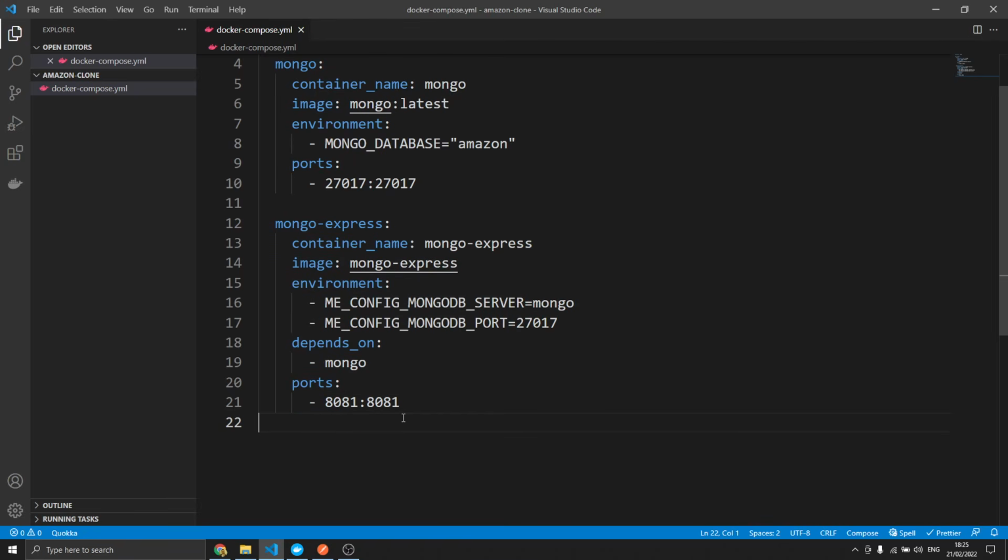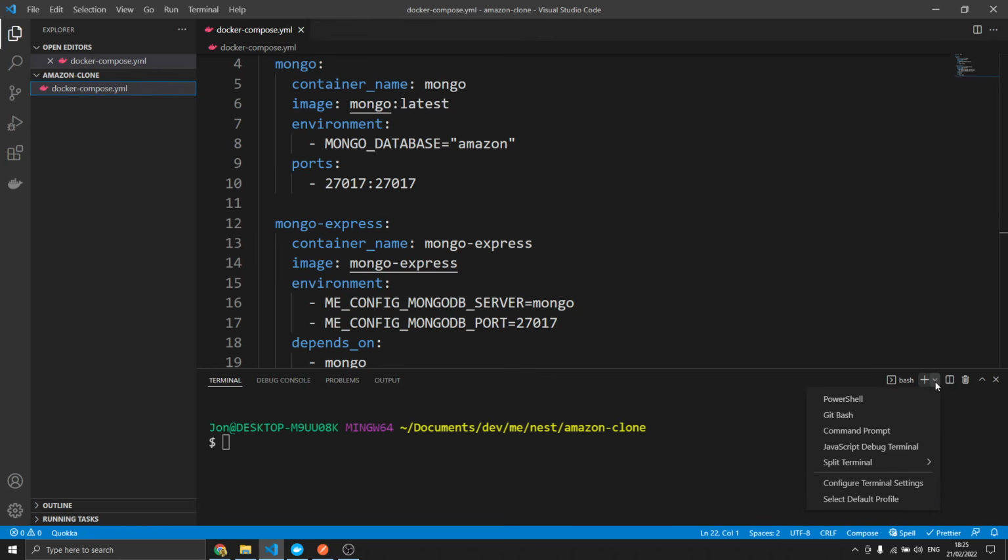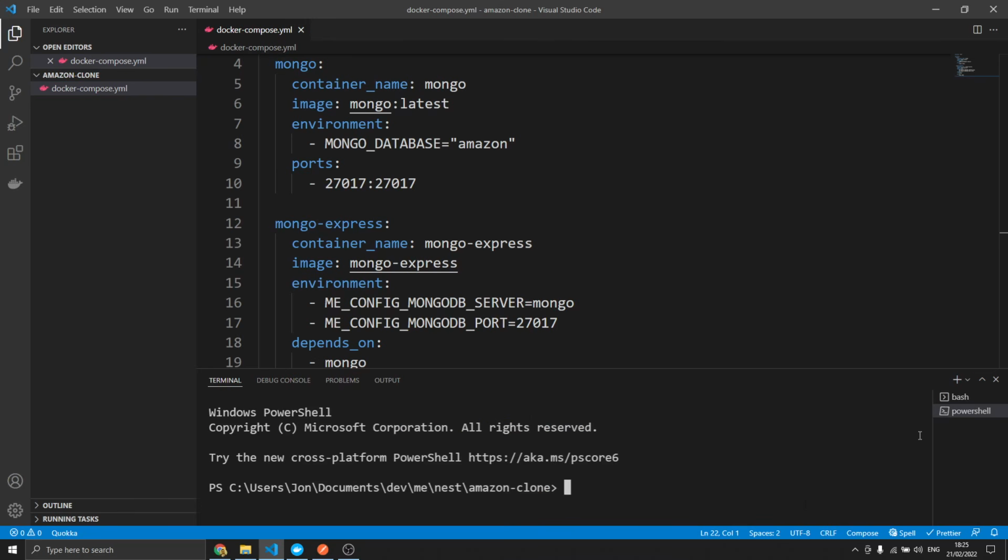And with that, we have the ability to run our database. So what I'm going to do is open up the terminal here. I'm going to open a PowerShell because I was playing around with my settings and I screwed up my bash command line. So I'm just going to go to the PowerShell one. And all I really need to do here is run